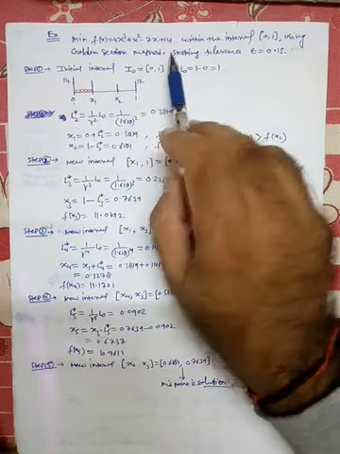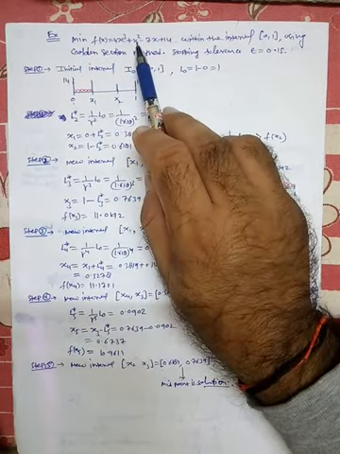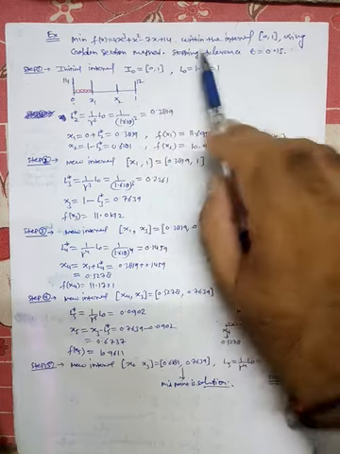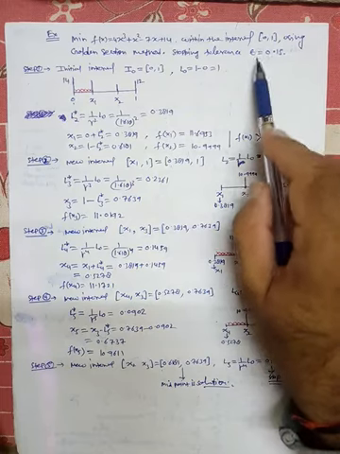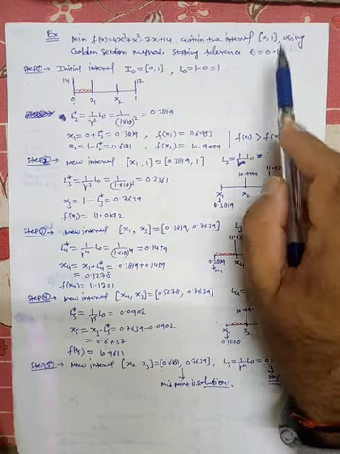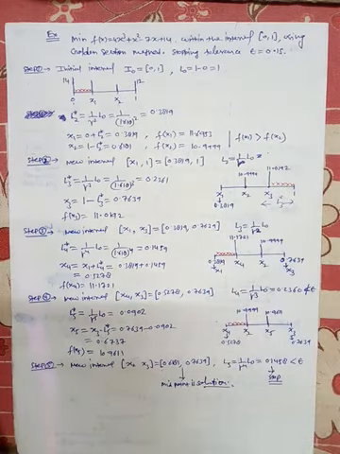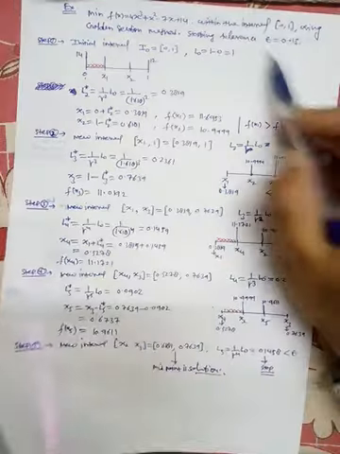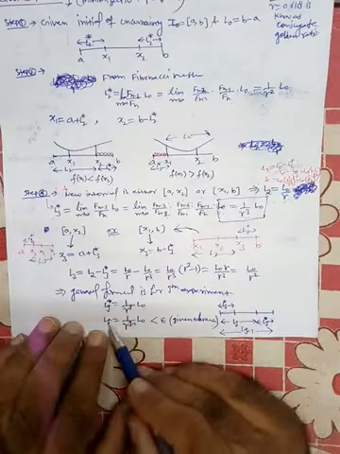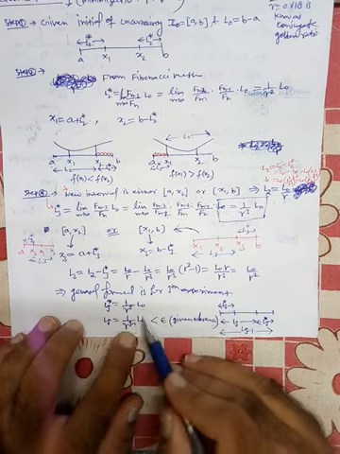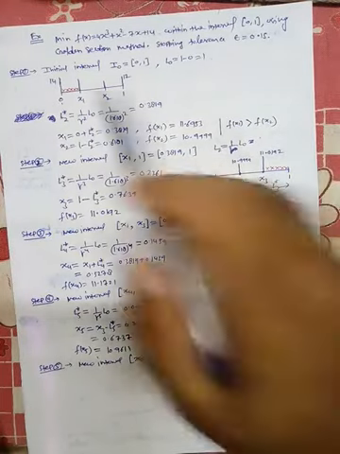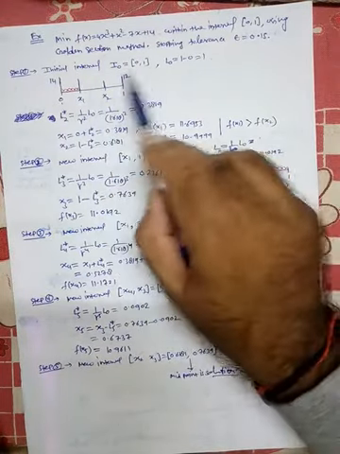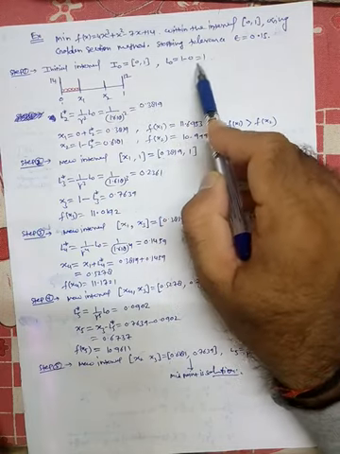Now the example: find the minimum of the function 4x cube plus x square minus 7x plus 14 within the interval 0 to 1 using the golden section method. The stopping tolerance epsilon is 0.15. So Lj should be 1 upon gamma j minus 1 L naught, and this should be less than epsilon. Whenever the length is less than epsilon, we will stop. Initially the interval is 0 to 1, so the length is 1 minus 0, which is 1.